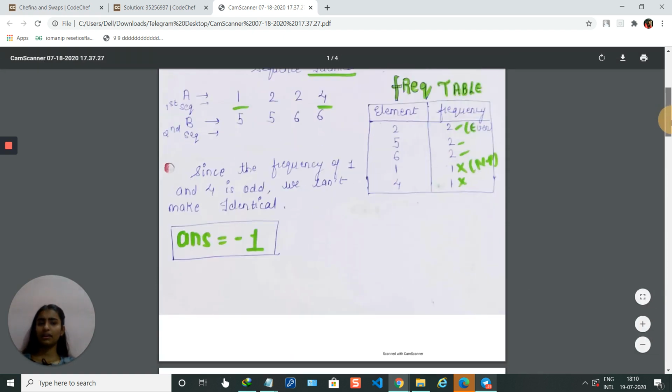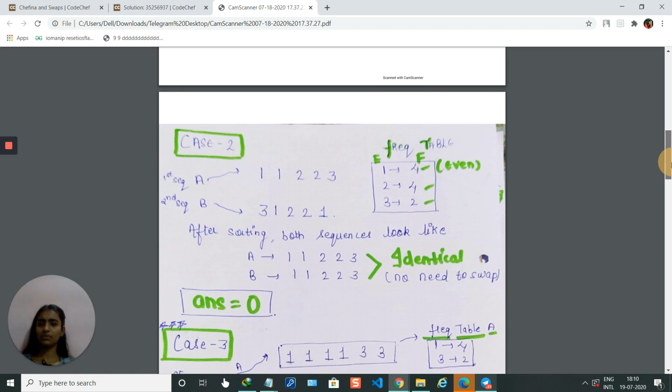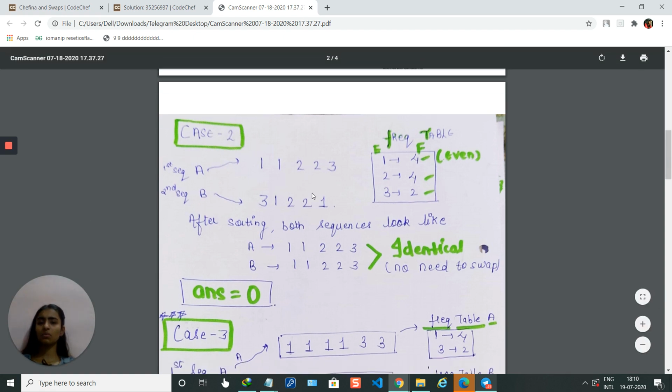Case 2. The first sequence is 1 1 2 2 3 and the second sequence is 3 1 2 2 1. Similarly, I make the frequency table for 1, 2 and 3, and the frequencies are even. First of all we will check whether it is already identical.